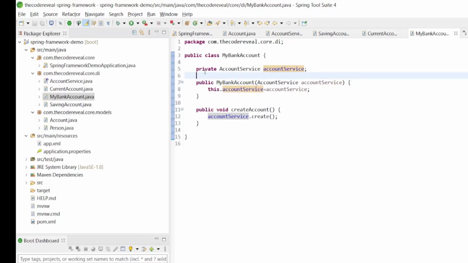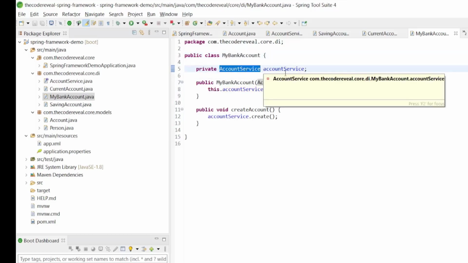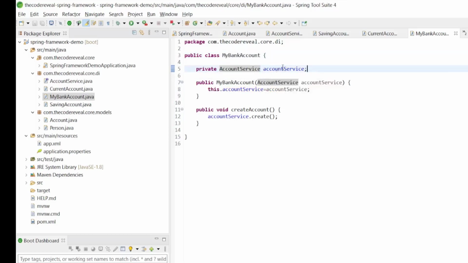Now how can it inject those dependencies? We have to give some metadata information to the IOC container, so in this object we need to use this dependency. After that, the IOC container will create the constructor and inject all the dependencies needed in this class.